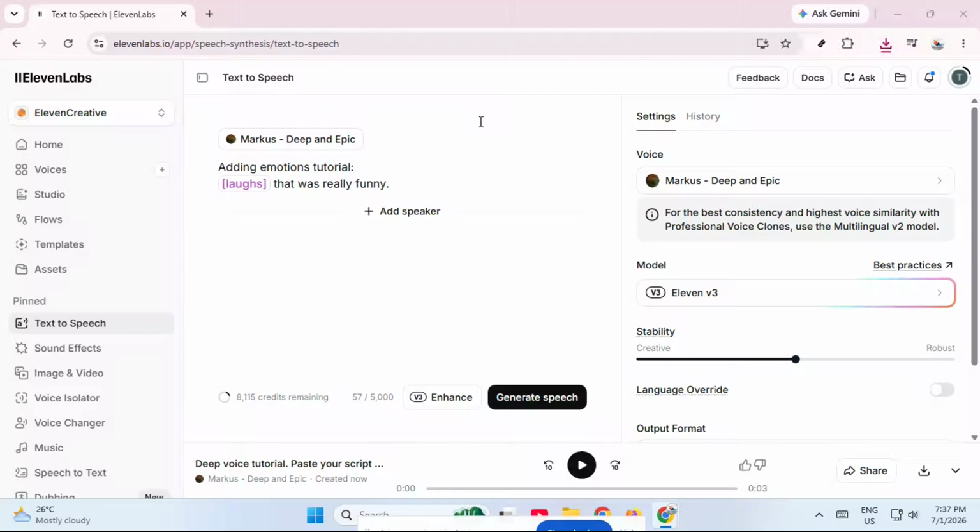If you want your voiceovers to sound more natural, expressive and human, then adding emotion in ElevenLabs is one of the easiest ways to level up your audio. In this video, I'm going to show you how to add emotion to a voiceover in ElevenLabs using the advanced models, including 11D3, so you can make your script sound excited, sad, angry, whispery, or even more reactive with things